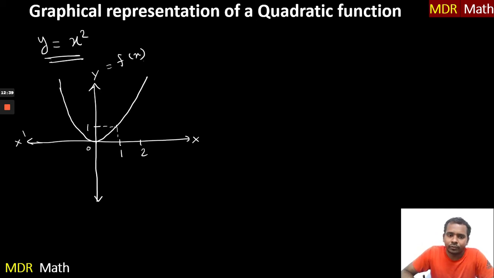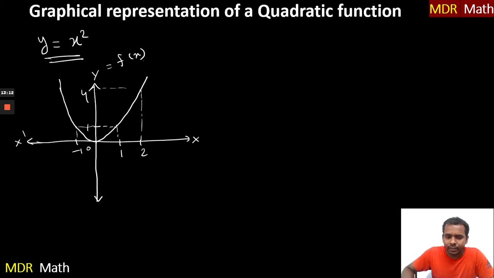So when you substitute f of 1, your y will be x square, that is 1 square, 1, and when you substitute f of 2, that will become 4, right? And when you substitute minus 1, that will be equal to 1 again. So f of minus 1 is plus 1, f of 1 is plus 1, f of 2 is plus 4, f of minus 2 is also plus 4, so the curve takes the parabolic shape completely on the positive side of the y-axis, right?